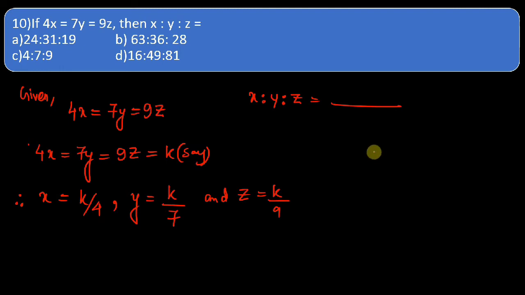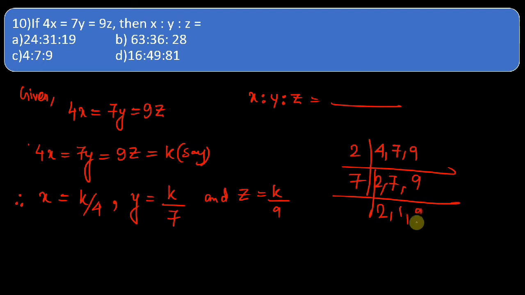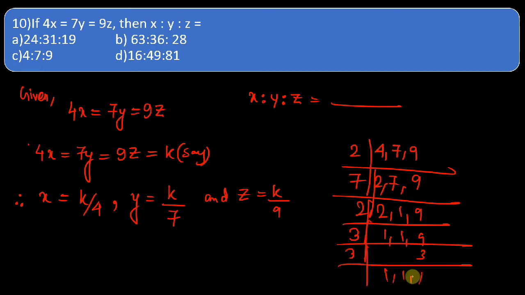The LCM of 4, 7 and 9: 2 twos are 4, then 7, then 3 threes are 9. The LCM is coming as 9 fours are 36, 36 into 7,